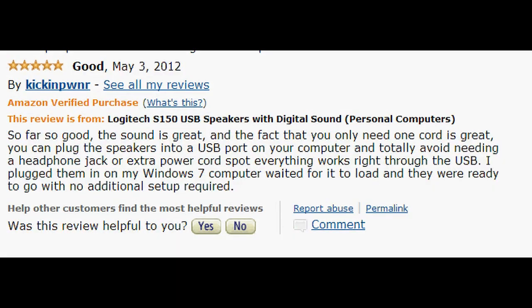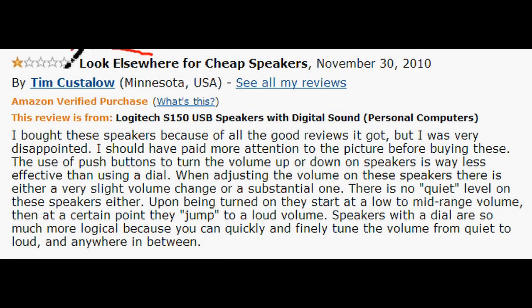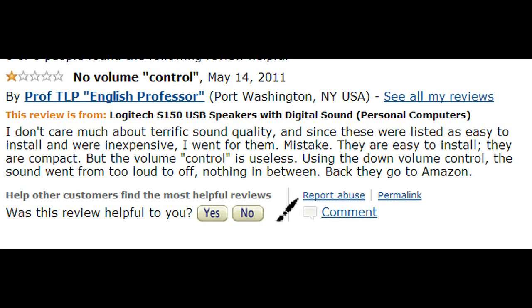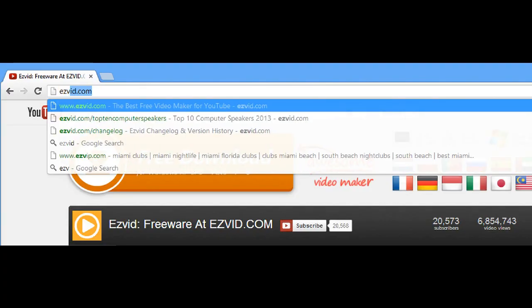But those volume control buttons, man, people are not liking those. It's the biggest annoyance to users because they say there's no middle sound to the audio's output. It's either really quiet or it's really loud, so many users were wishing that it featured a dial knob instead for better control. But you could always cross your fingers for the next version. But they still made our list because they're such a low cost, and because so many users were raving about its audio quality. We would definitely recommend these to people who need speakers in small areas. And let's head back to our list,